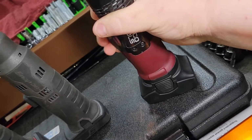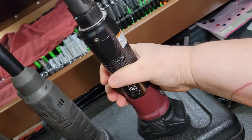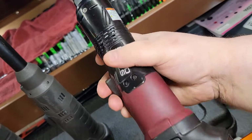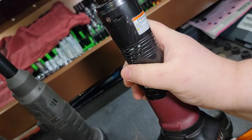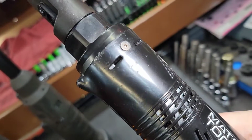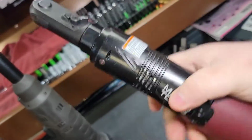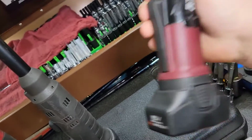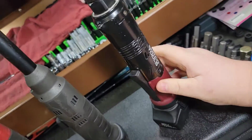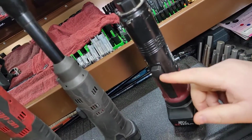I don't have anything really crazy to say about the battery, but I do wish this housing was, because I do notice that, especially when it's getting colder times, starting off in the morning or something, if I use it, it gets a little bit cold, and it's getting its nicks and bumps and scrapes on there. I know it doesn't show well from the camera from a distance, but I'm definitely giving her all I can when I can. But ratchets aren't really highly used compared to impacts, but yeah, the Matco, and I don't mind this paddle, but